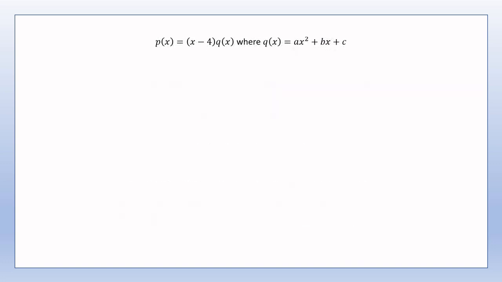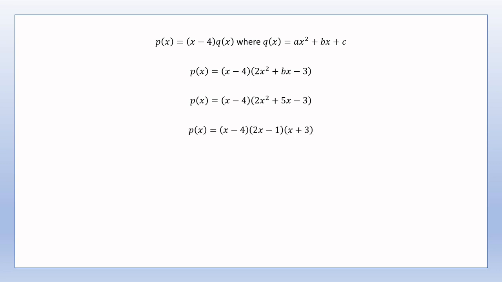So p of x is equal to x minus 4 times q of x, where q of x is a quadratic, equal to ax squared plus bx plus c. So therefore, p of x is equal to x minus 4 times 2x squared plus bx minus 3. And so I can see that b must be equal to 5. So p of x is equal to x minus 4 times 2x squared plus 5x minus 3. And therefore p of x is equal to x minus 4 times 2x minus 1 times x plus 3. And the solutions to the equation p of x equals 0 are x equals 4, x equals a half, and x equals